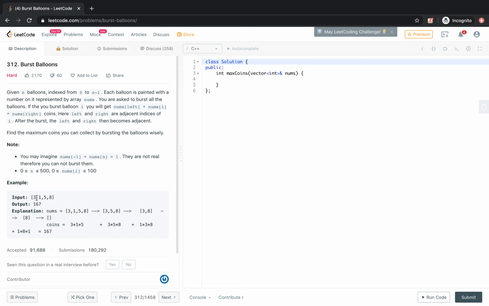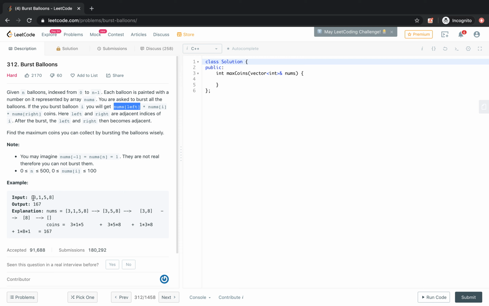If we burst a balloon, we get coins equal to the value of the left adjacent balloon times the current balloon that we burst, times the right adjacent balloon value. So the multiplication of those three, the current one and both side adjacent balloons. We have to maximize the coins by bursting the balloons.